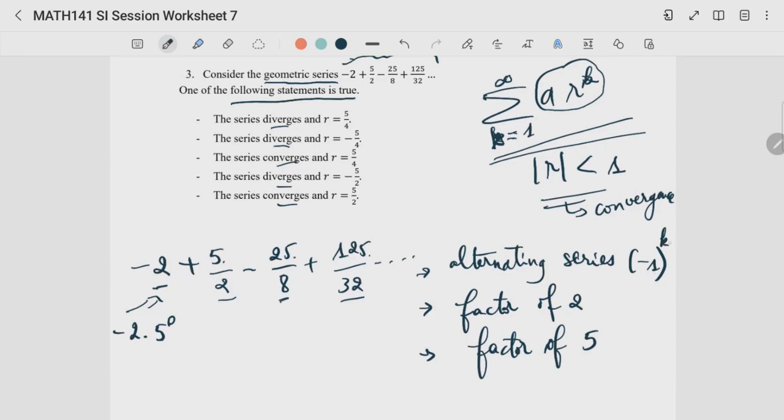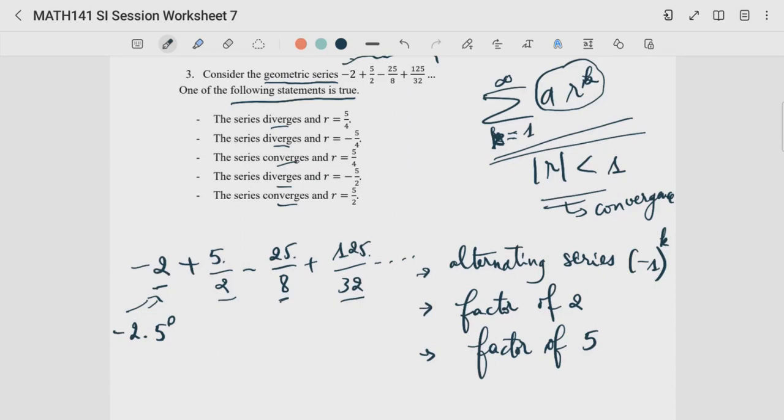It doesn't, we don't know, right? But if you look at it, the first term is negative. What does that mean? Well, it means that when you substitute the first value of k into the general form, you get a negative factor for the first term, right? That alone tells us that